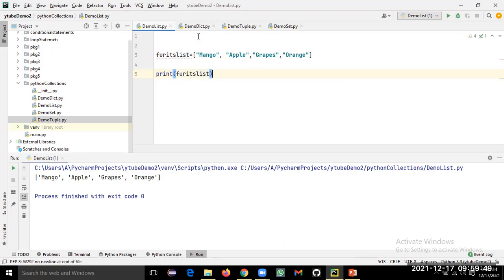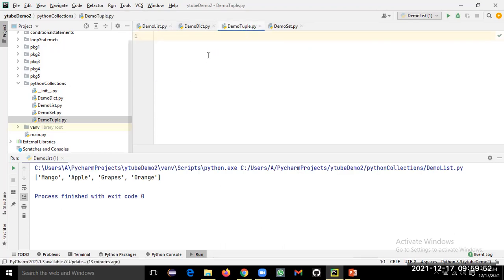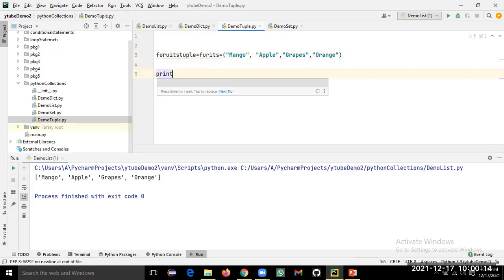Then we'll go to demo tuple and create fruit tuple equal to the same items, but instead of square brackets I'll enclose them with round brackets. So this becomes a tuple now. To print it, print fruits tuple. Now if I run it, we can see these are getting printed.